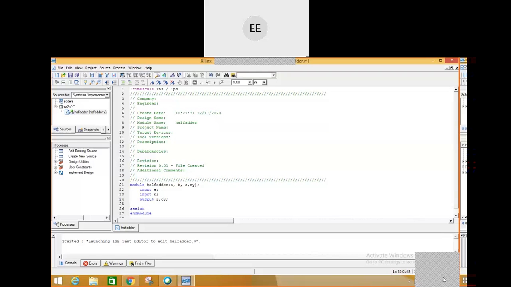Assign S equals A XOR B. It's a cap, XOR B. Correct. Then assign carry C equals A dot B, A dot B, AND.